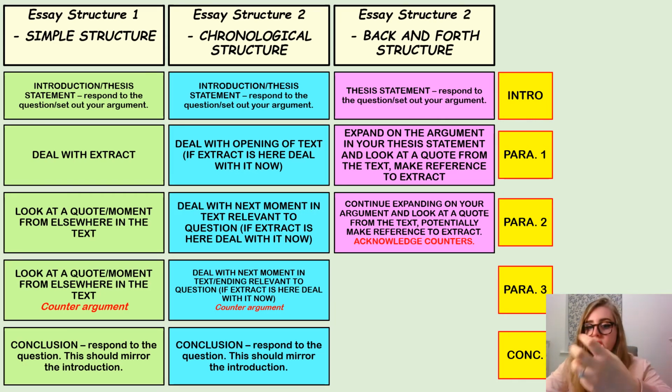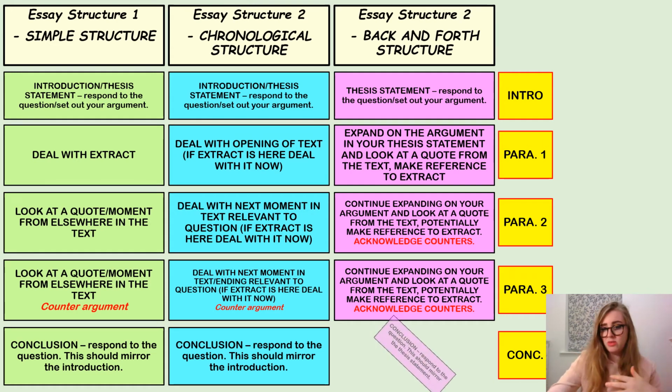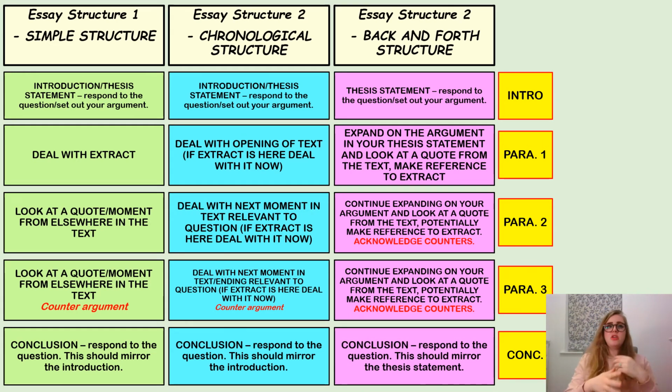We might potentially refer to the extract again here, acknowledge counter arguments. And then again, expand on the argument, look at a quote from the text, potentially a quote from the extract, acknowledge counters. Okay, this one's actually quite free flow, the back and forth structure is. But the idea is that you're trying to come back to the extract 2 times in your essay,